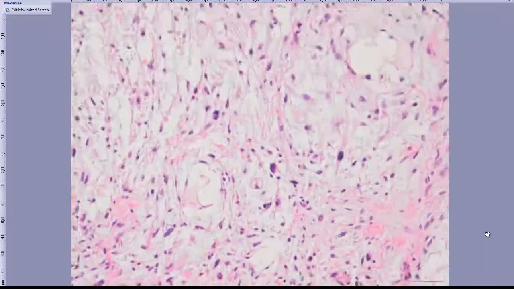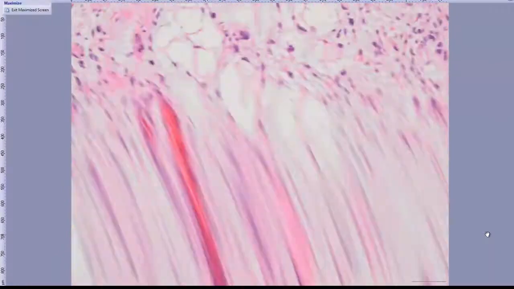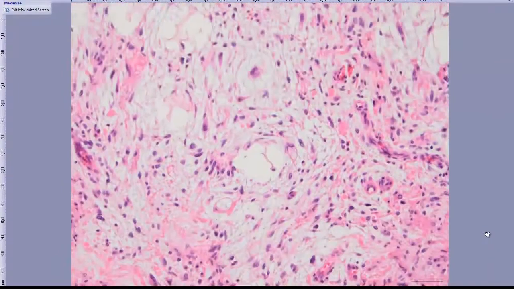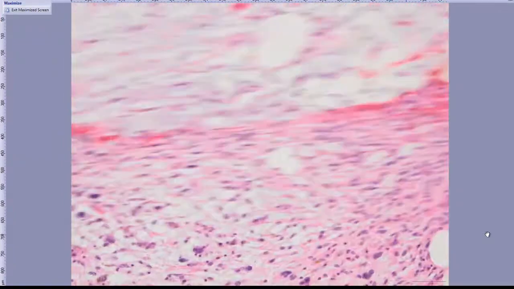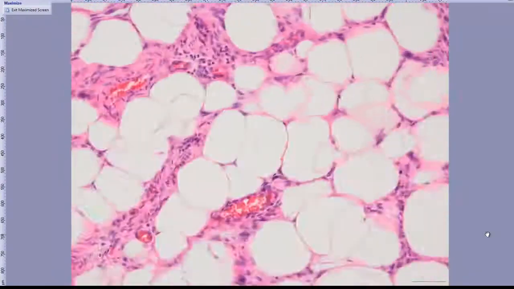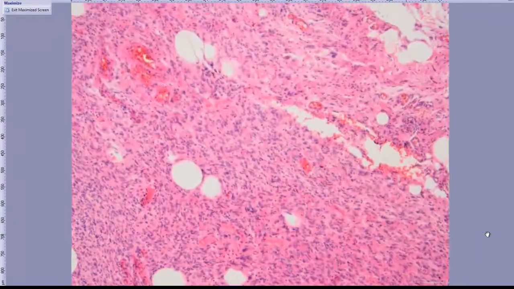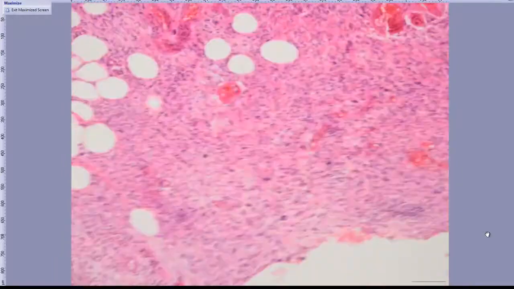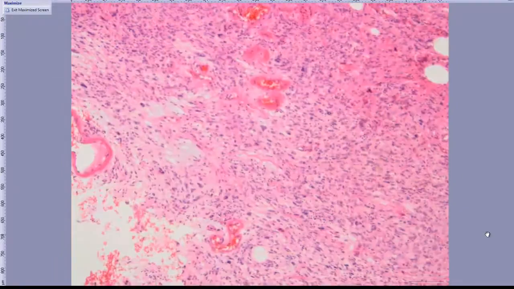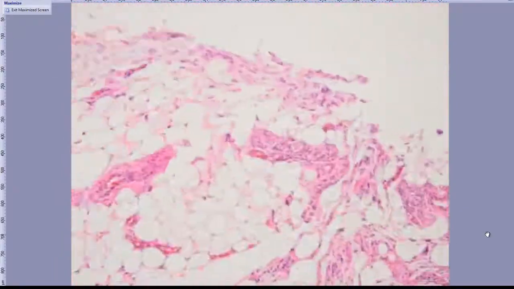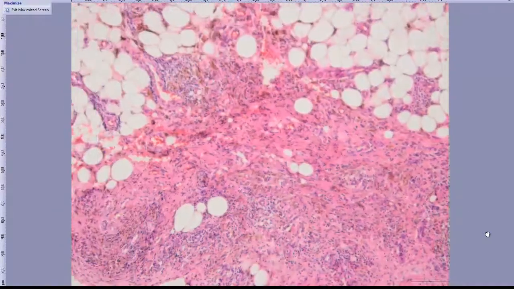As you see here, we have more areas of myxoid change. It looks like myxofibrosarcoma. These areas resemble myxofibrosarcoma, and the other areas resemble more like fibroblastic sarcoma, but there is no feature of the pleomorphic hyalinizing angiectatic tumor, but the surrounding fat tissue has